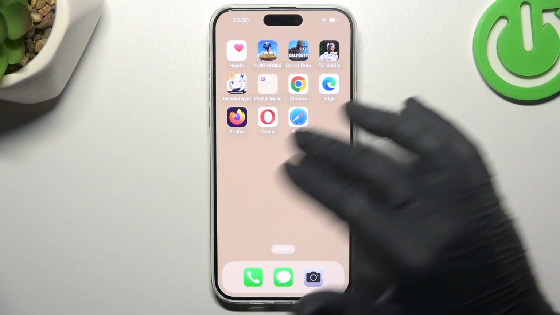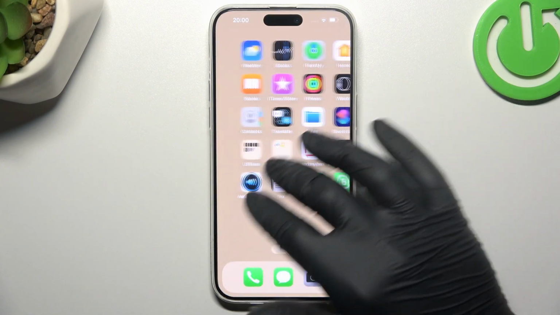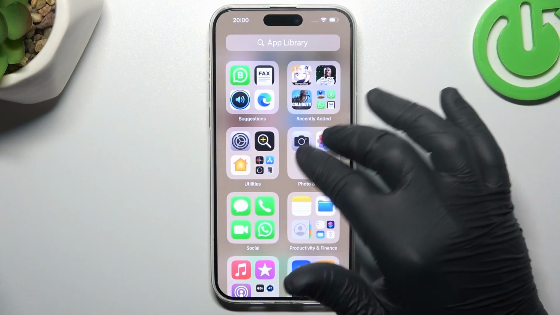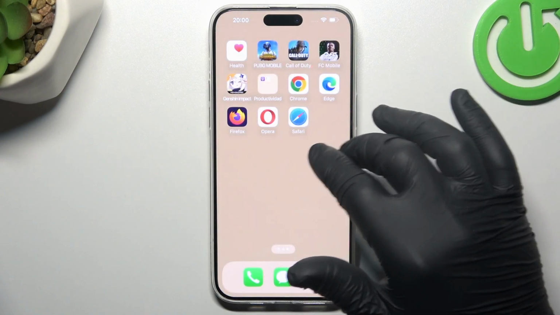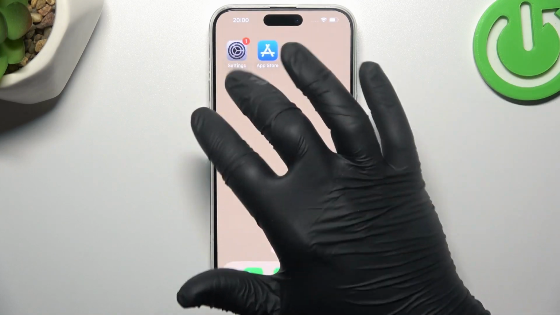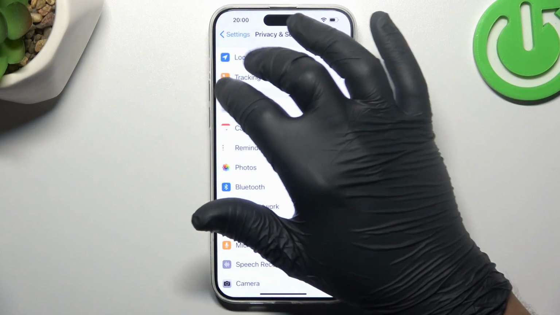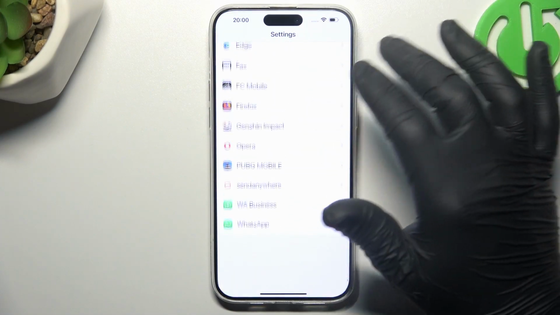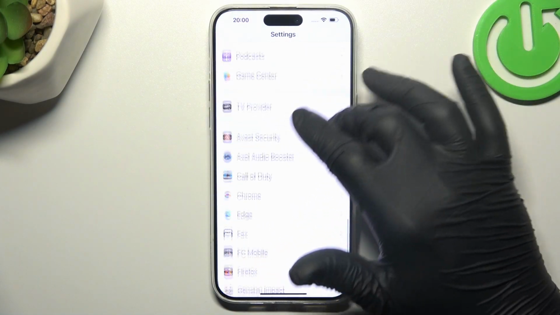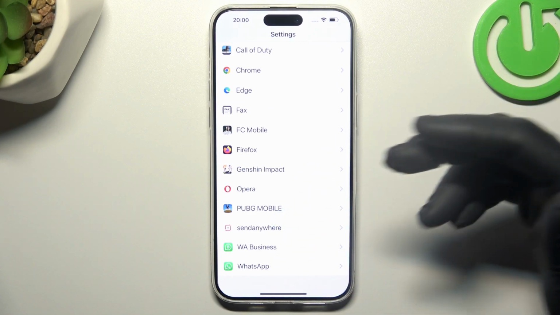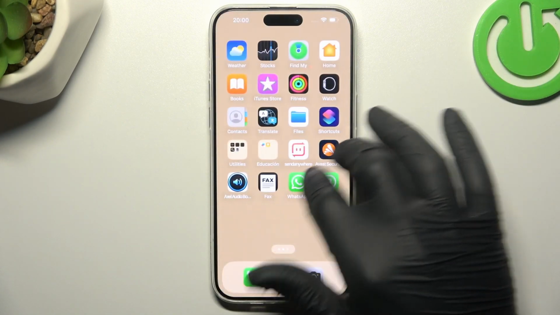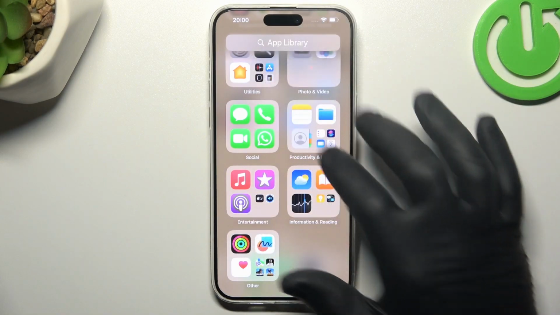So in the first method, check all the apps on your phone in the app library, and if you see something strange, an app that you have not installed by yourself, you can also check it in the settings. So open the main settings and swipe down. There you have all the apps, and if you see something strange, or an app with a name that you do not recognize, just go back and look for it in the app library, like Opera